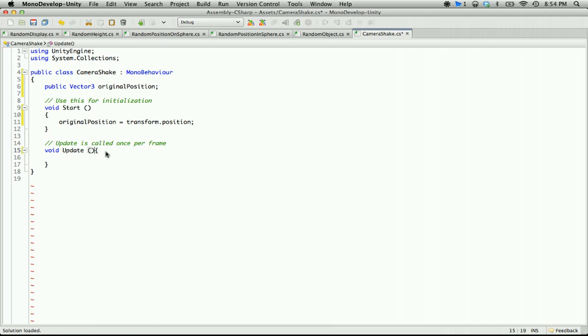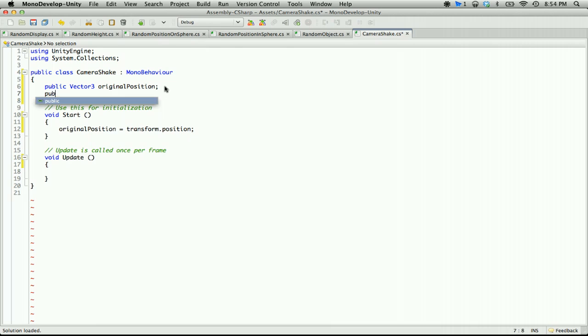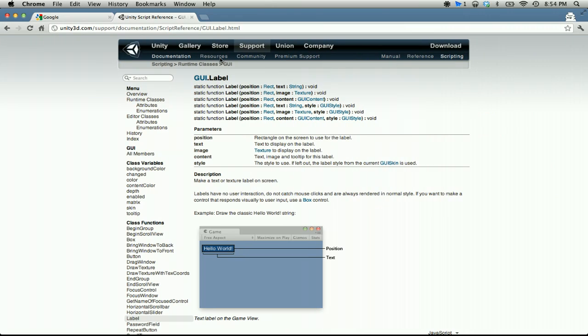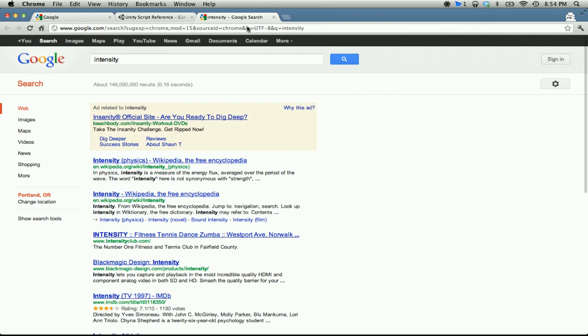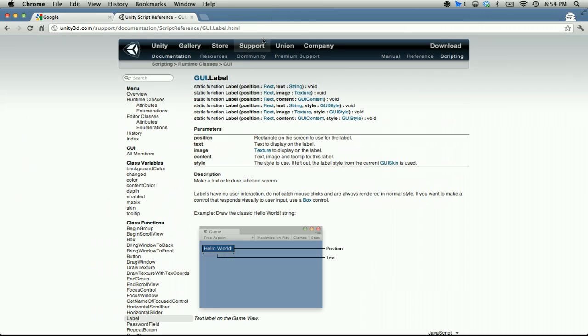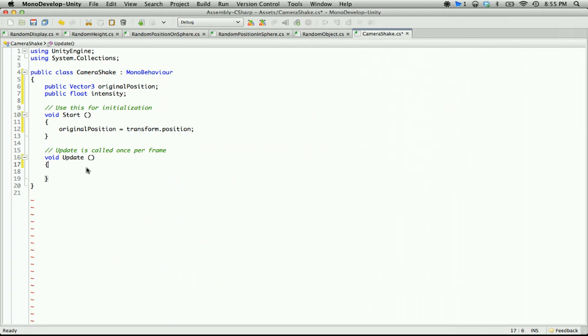Now in the update loop, all we do, and let's have a variable in here, public float intensity. Did I spell that right? I sometimes wonder about these things because I just kind of go with it, and yeah, works. Oh, and there's a physical thing for it. So intensity. So all we do is we're going to change the transform.position equals